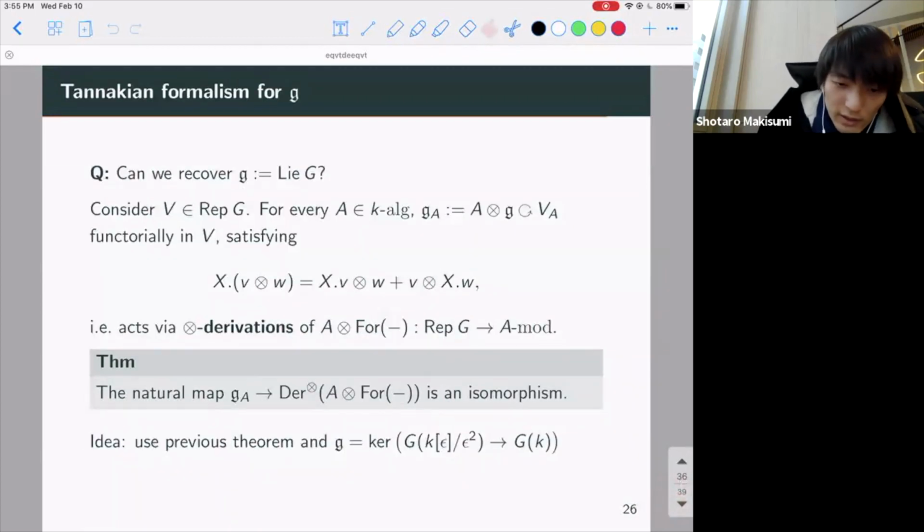So what about the Lie algebra? Well, you can do basically the same thing. So now this base change again acts functorially on my objects, but satisfies a different equation. And again, you can turn this into the definition of a tensor derivation. It's some natural endo-transformation of this functor. Okay, and the theorem says you can actually recover the Lie algebra again from tensor derivations.